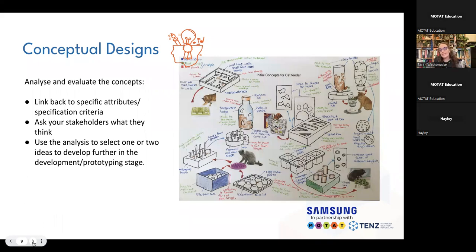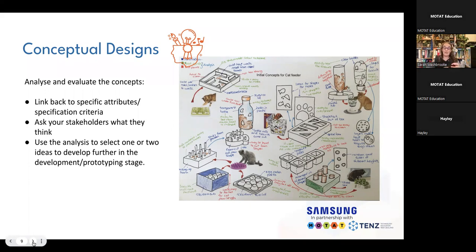And then how do you select those different ideas and take them further? Well, once again, you can use your brief and your attributes and your specification, and you can analyze the ideas against them. So in webinar 1, we showed you some examples of this when we had one of the entries who designed and created the strap to hold the toys in bed.